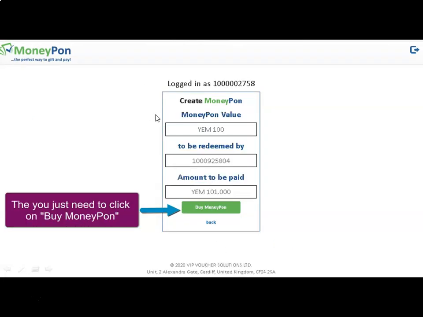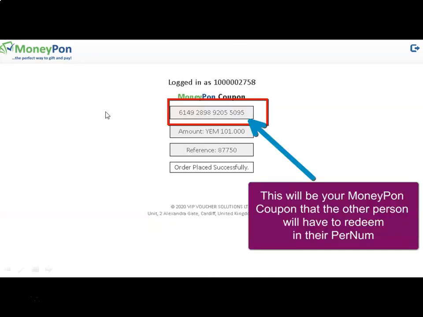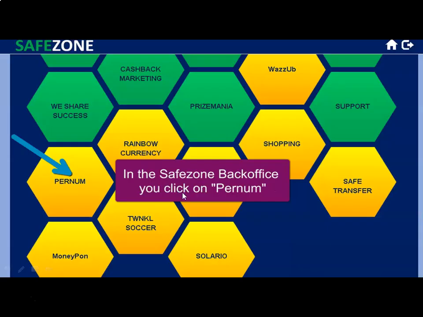and in here, guys, you just need to click on Buy MoneyPon, and you are ready for the next step. Now in here, guys, it will appear the code. This will be your MoneyPon coupon code that the other person will have to redeem in their Pernum account. See? Okay, so next, what you need to do is go back to the Safezone back